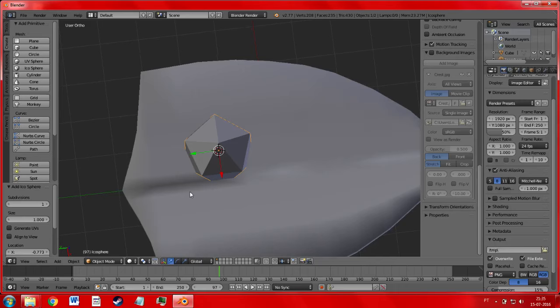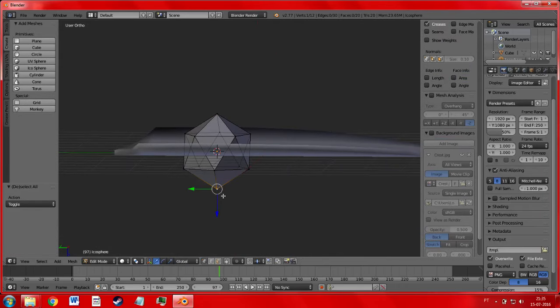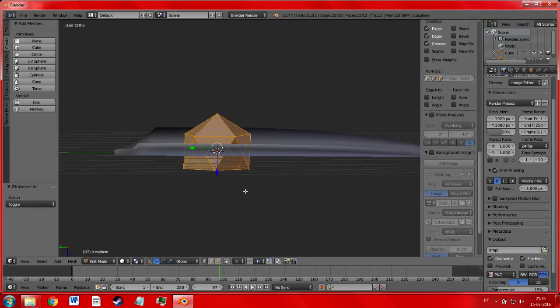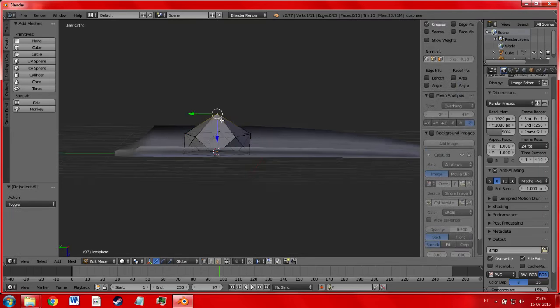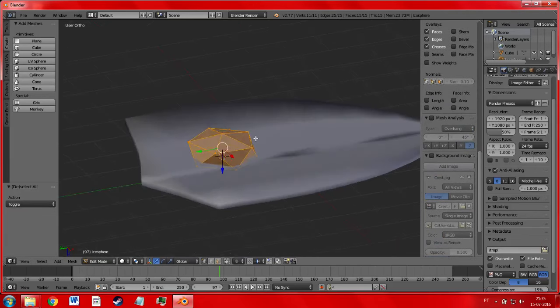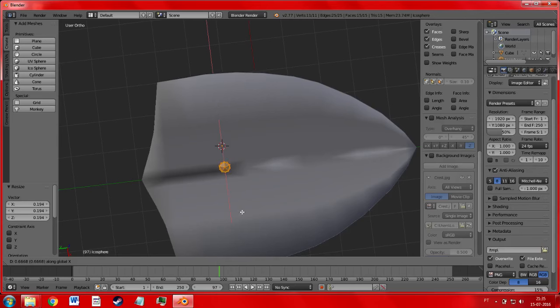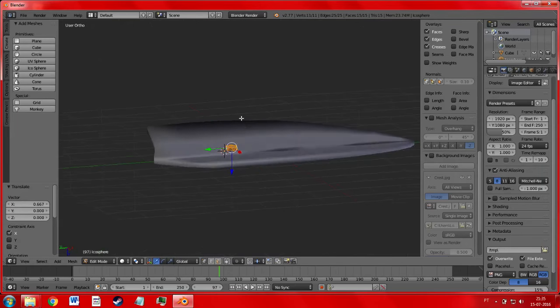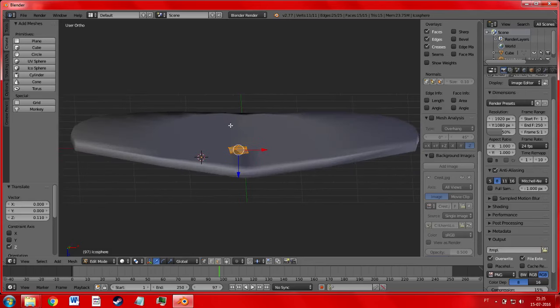This should be more than enough. And I'm going to go ahead and delete this, because we won't be needing that much. Grab it on Z like so, flatten it out a little and scale it down. And we want to have it as centered as possible, like this. Z, grab on X, grab on Z,